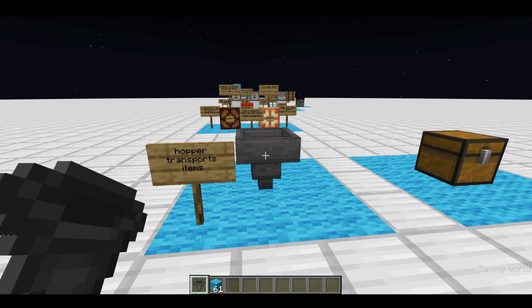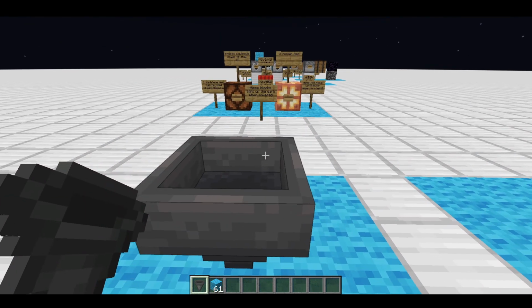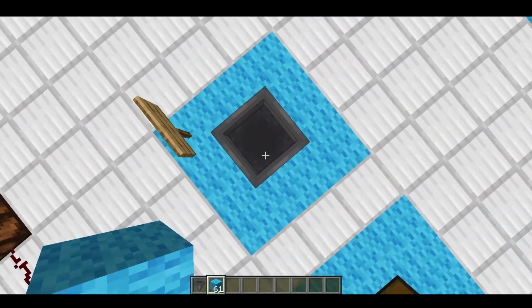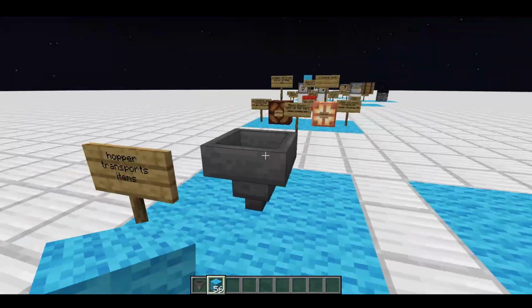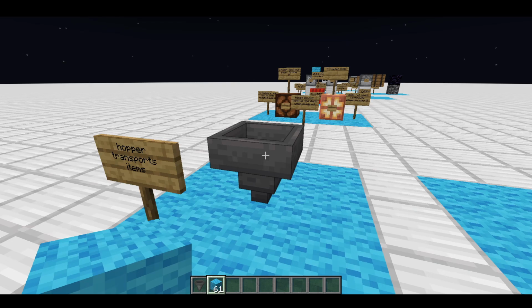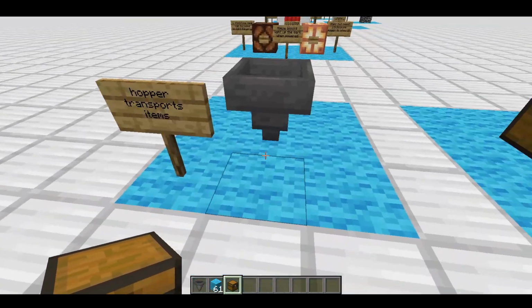The first redstone component that we're going to talk about is called a hopper. A hopper transports items. So if I was to throw an item into the top of it, as you see, it will pick up the item. Pretty cool. And then inside the hopper, you'll see the items are. Now, if I was to grab a chest or a barrel or any type of storage container,